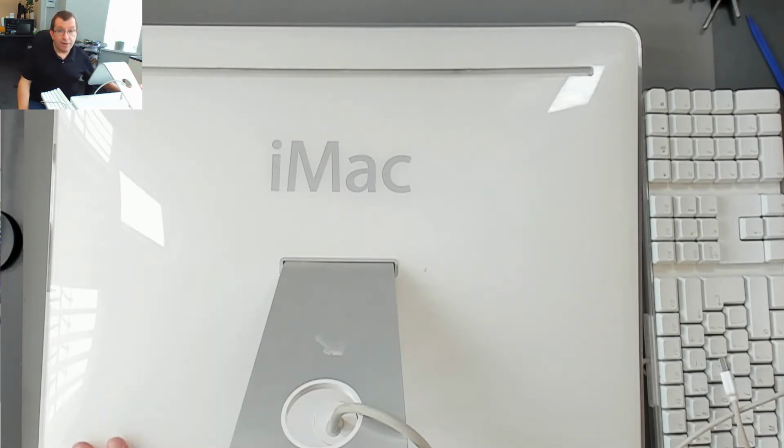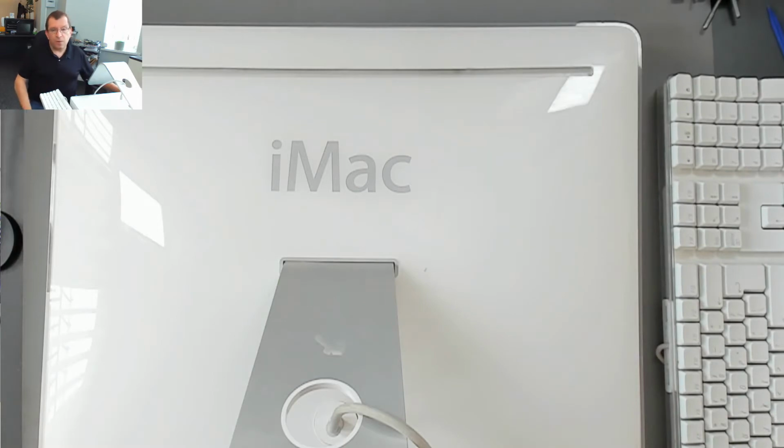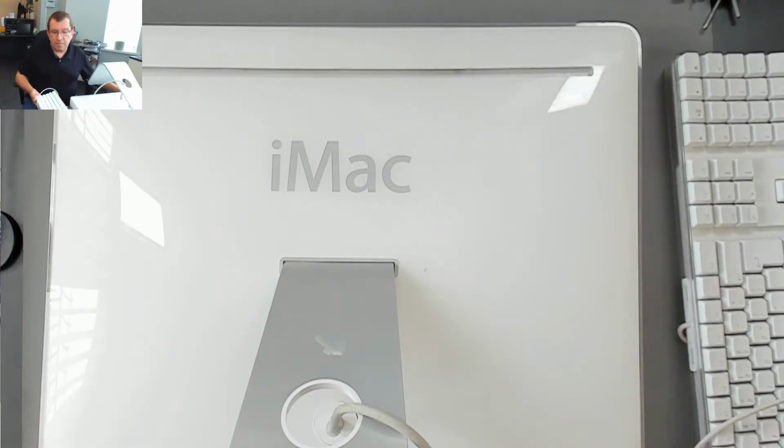The disk fell out, but now every time you turn it on, you hear mechanical sounds like it's trying to look for the drive or the disk in the drive. But lately and currently, it just won't boot. You turn it on and you see the folder with the question mark. So this is kind of a typical Mac error when something has gone wrong. It usually means there's a problem with the hard drive or something with the boot system, but I'm about to